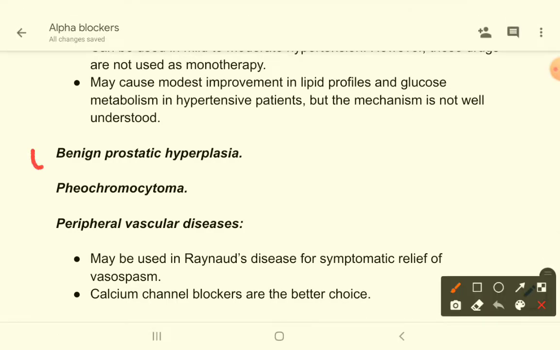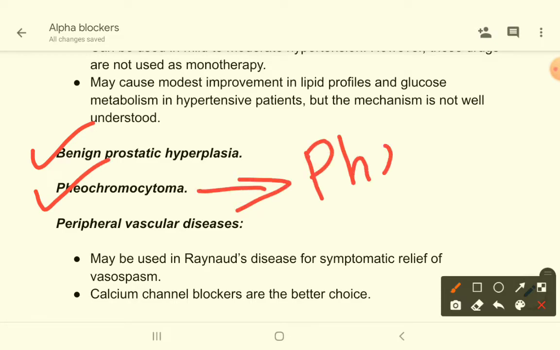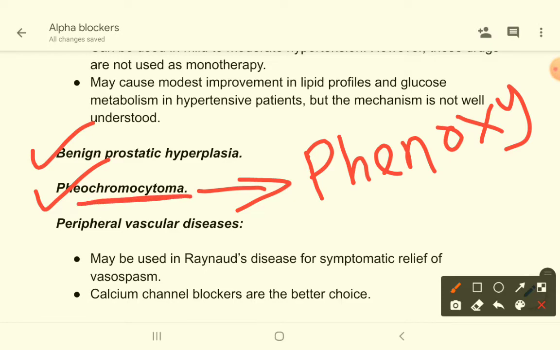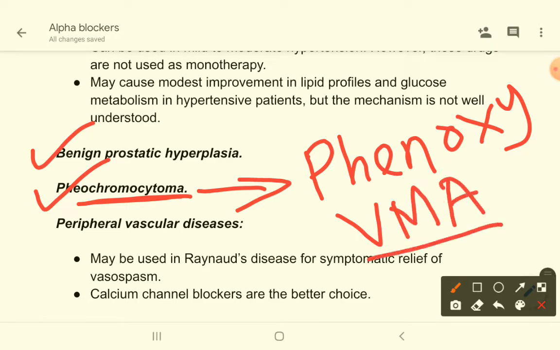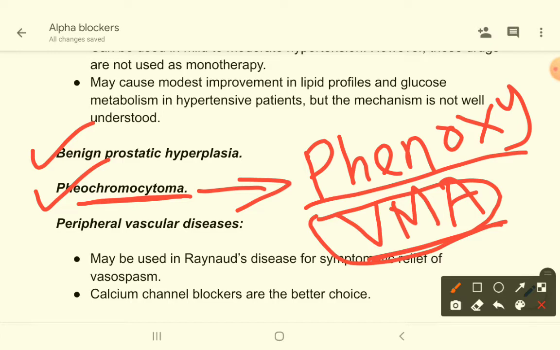As I have said, it can be used in benign prostatic hyperplasia, pheochromocytoma, but in case of pheochromocytoma, we use a special drug, that is phenoxybenzamine, not all the drugs. And in case of pheochromocytoma, there is another important point, that in pheochromocytoma patients, you will find vanillyl mandelic acid in the urine, because vanillyl mandelic acid is the end metabolic product of